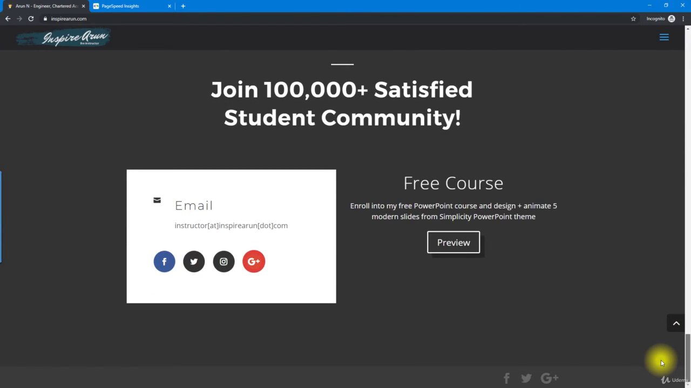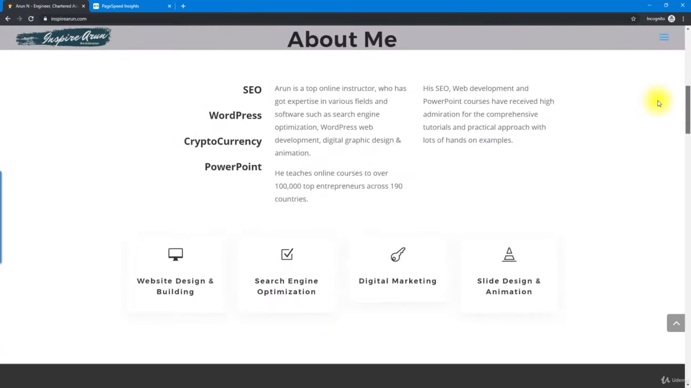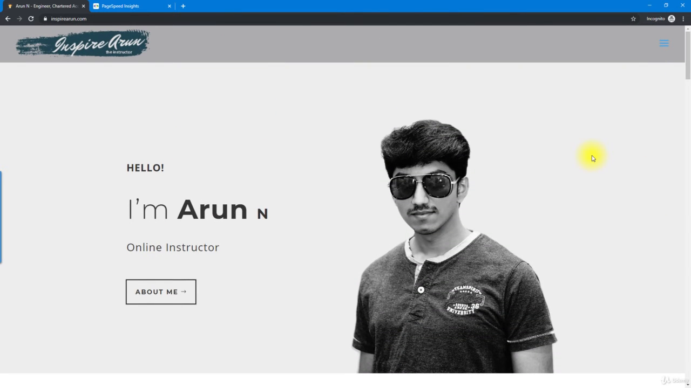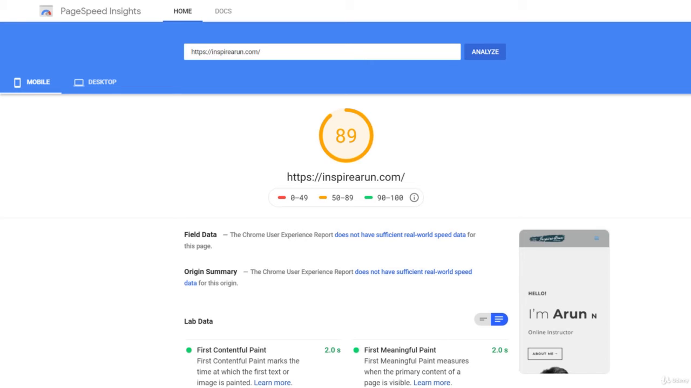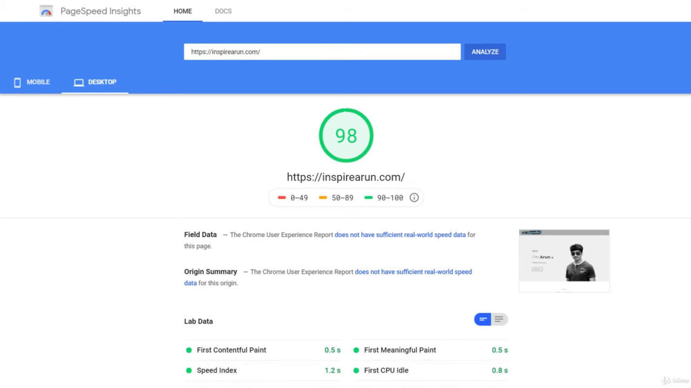So this is a little bit more complex design than our previous test website, which runs on the default WordPress theme, whereas this runs on the drag and drop based Divi theme, and it's a premium theme from Elegant Themes. When it comes to drag and drop themes, Divi is the most efficient and page speed optimized. So when I ran PageSpeed Insights for the same configuration, I got an 89 score under mobile and 98